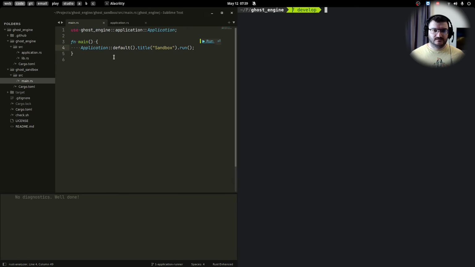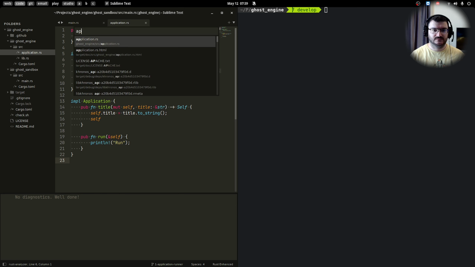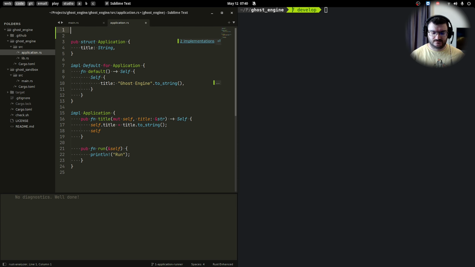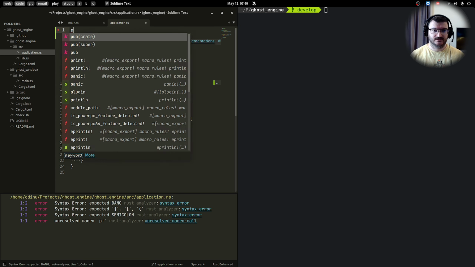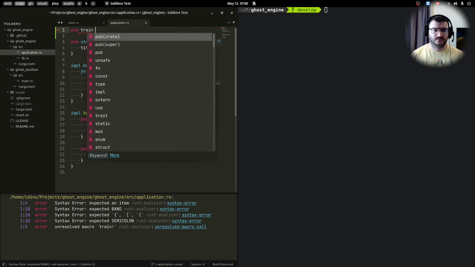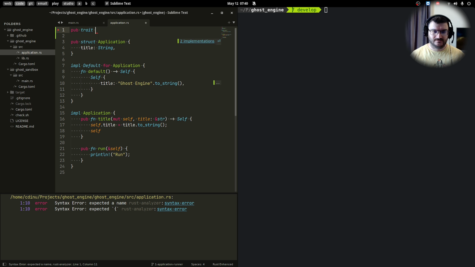So last time we added this entry point for an application. Now let's go and add this runner part. So we mentioned that our runner should be able to have its own state, but we also don't want to tie ourselves to a particular implementation of a runner. So we will start first by creating a, not trait, okay, trait called application runner,